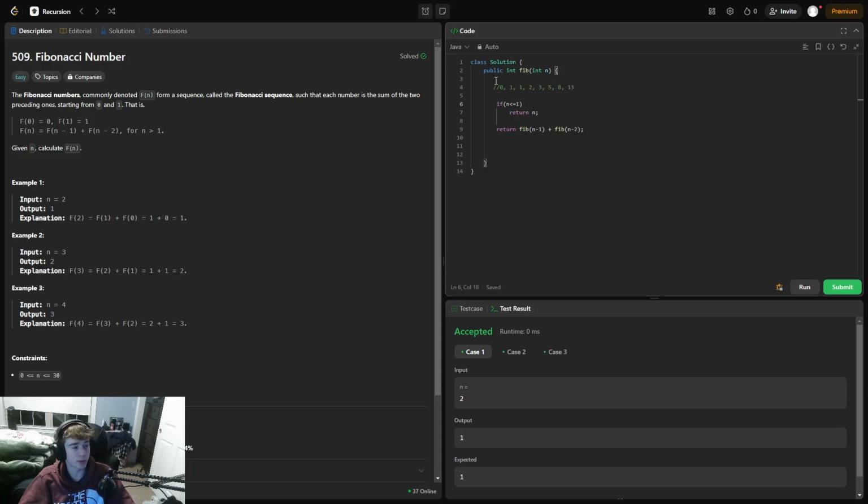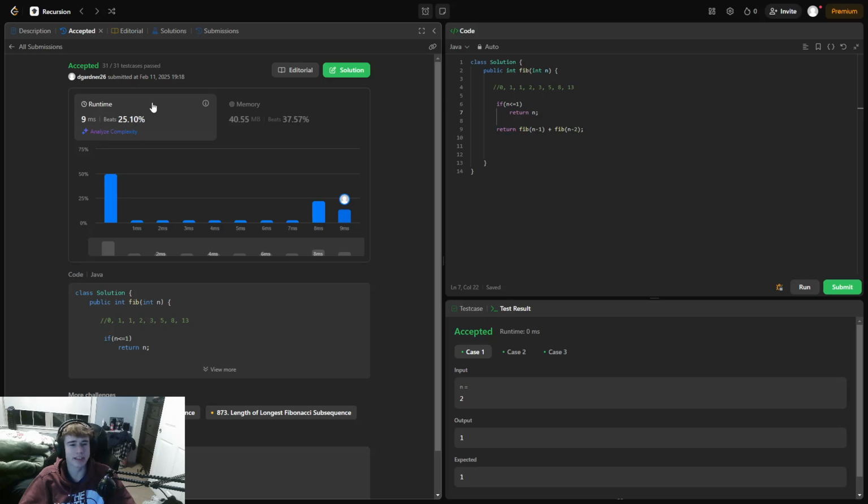Because if n is 1, and it's the first number in the sequence, it's just going to return 1 because that's what it is. Or if it's 0, it's just going to return 0 because that's what the 0th number in the sequence is. See, f of 0 equals 0, f of 1 equals 1. So this gives us our base case and our recursion, and you'll see if we submit this, we get